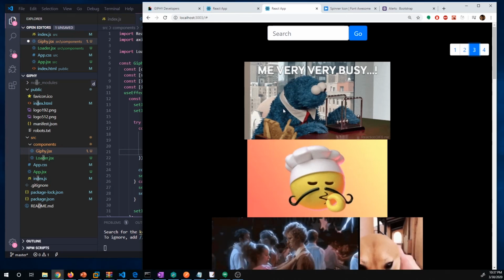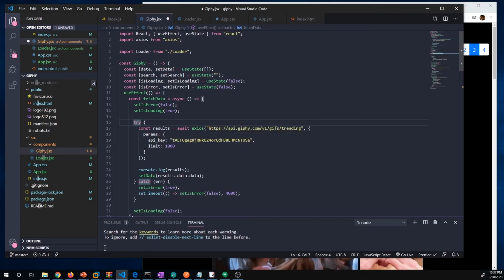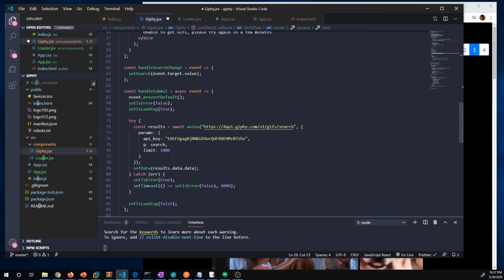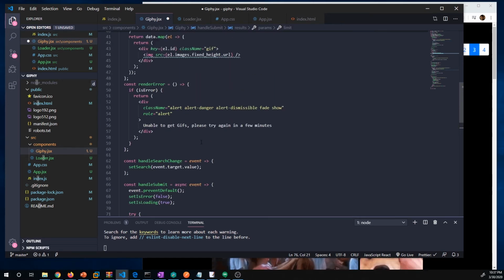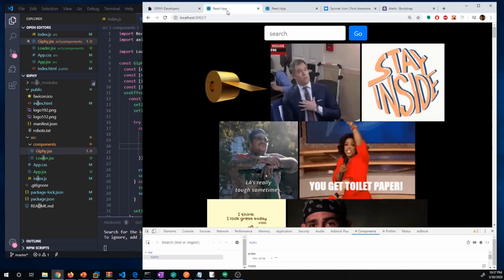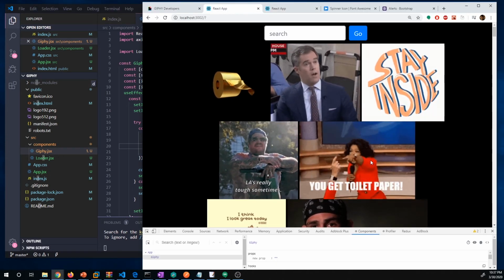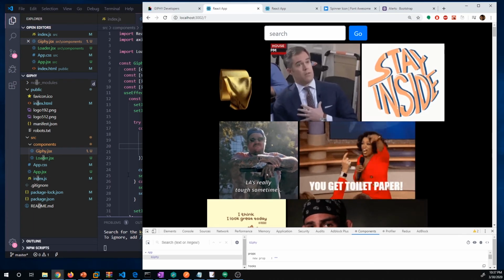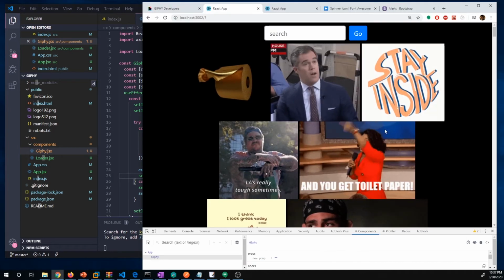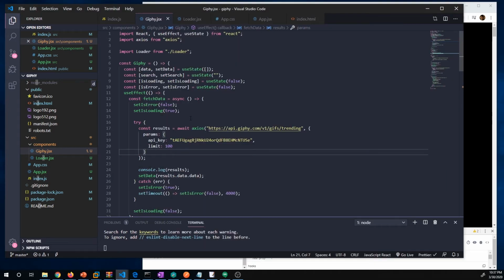Now let's actually break down the logic behind how this pagination works. And to do that, I'm going to first change our limit back to 100 just to make our math a little easier. And I'm going to do that here as well. And I'm going to save that, let it run again. And let's take a look at exactly what's going to happen. So we've got 1,000 GIFs, sorry, 100 GIFs that loads up, right? And we need to determine how many GIFs we want to load on a per page basis. So let's say that we want 25 GIFs per page